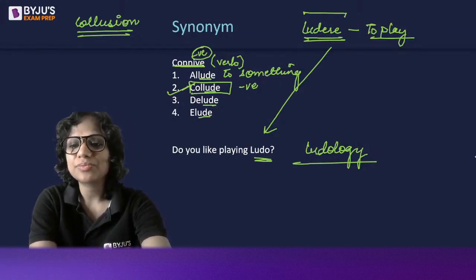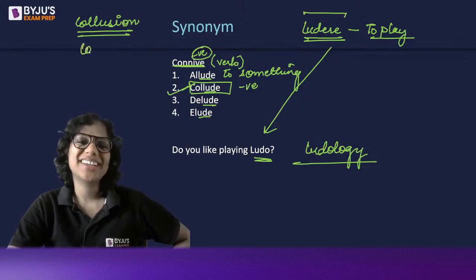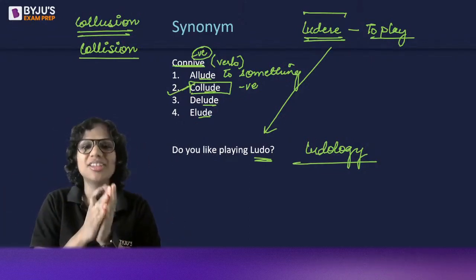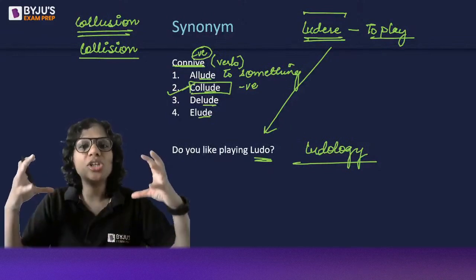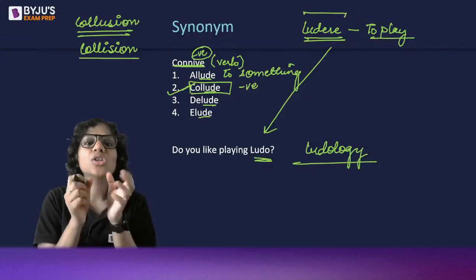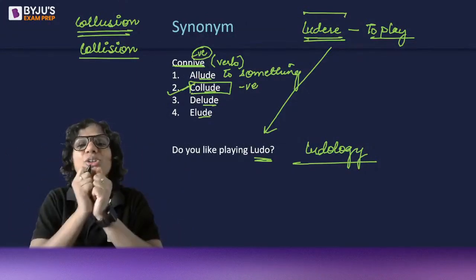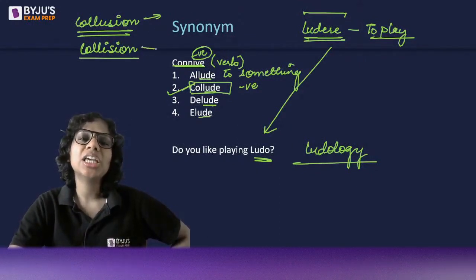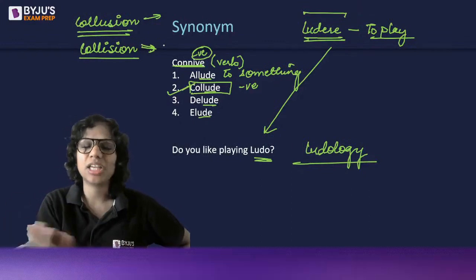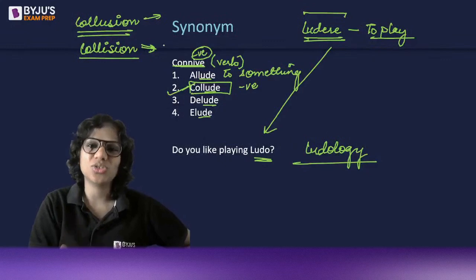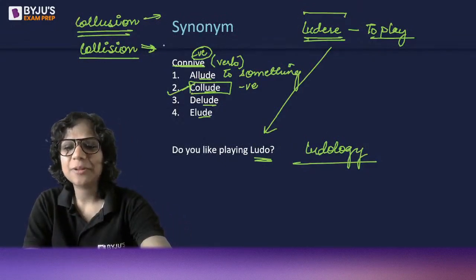That's why. Collision and collusion are different. See, both have these prefixes con or co, which means together. So in collusion also you come together. In collision, what happens is two objects come together and hit each other. That is collision, right? So while it shares the idea of coming together, the meaning is different. Here you are coming together to cooperate in an unlawful secret way. Here you come together because it's not probably intended a lot of times, and you hit each other. That's a collision. All right.